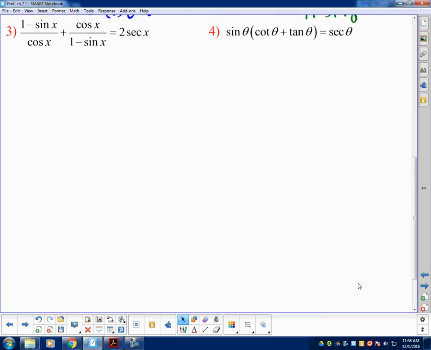Number 3. What algebraic technique do you think we need to use on number 3? Can't you just cross? Or you could do it to the